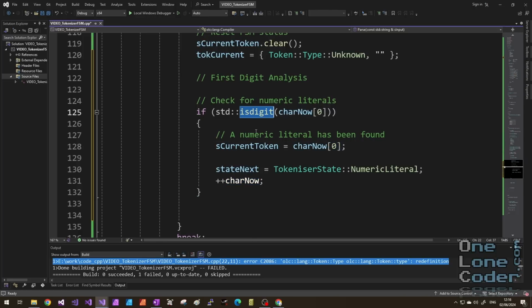The standard library function isDigit is the correct function to use, but I don't like it, and this is one lone coder, and I often have a tendency to go off on a different path, rightly or wrongly. One of the problems, or indeed one of its powerful features, is that it can detect locale, and it's reasonably language and character encoding independent, and it has lots of interesting features that make it very safe to use. All of those interesting features actually also make it quite slow to use. We did some science on this on the Discord server, and found out that it is quite quick, but it's not that quick. Now, given a source file might contain many different characters, I want something really quick to do